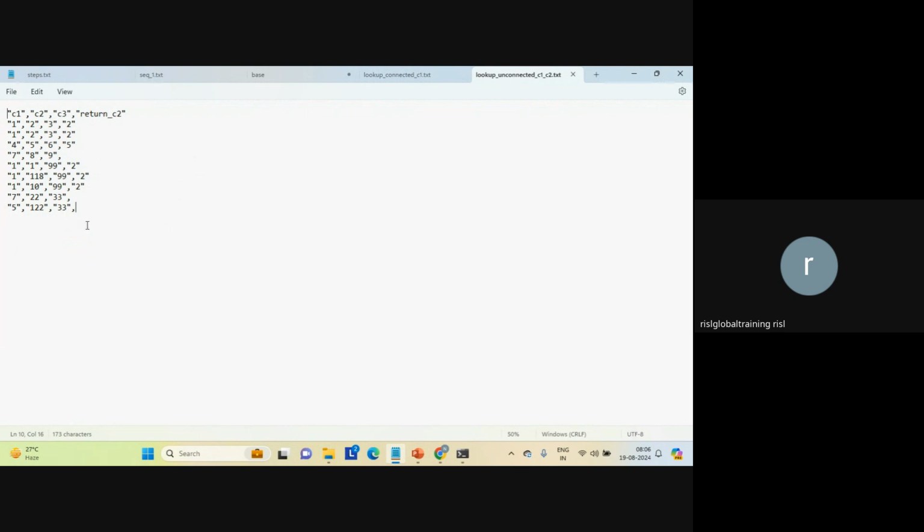Because in case of connected, it will return all the fields. But here only one, whatever we specify, only that value will be returned here. So that's it, like how we can configure the lookup. Next,